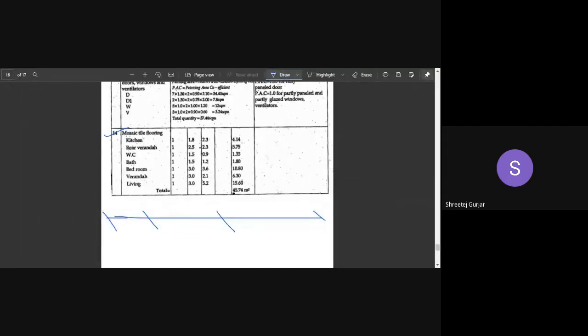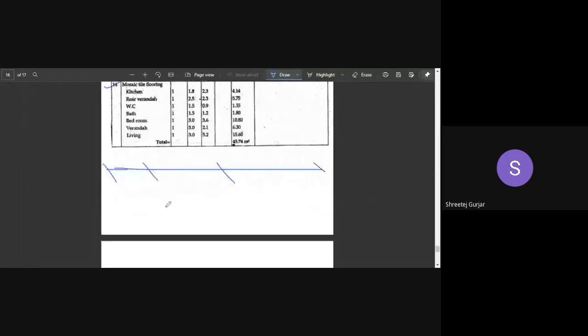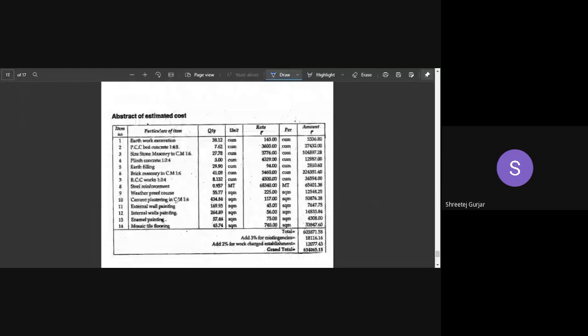Deals with only calculating our quantities. So we are done with calculating all the quantities of items of works that we have been asked. In detail we will learn how we calculate all those things. After we are done with part 1, we have to look into part 2. That is, part 2 of your detailed estimate is the preparation of your abstract of work.